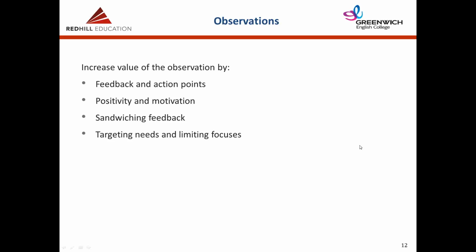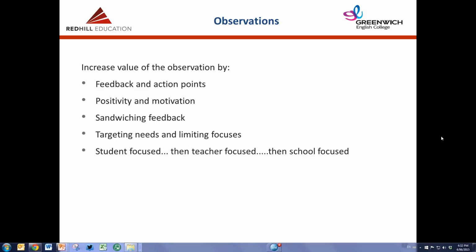Writing the feedback, I think, is one of the hardest things for a lot of observers. And there, my advice would be that there's really a 3-step thought process that you can take. The first step would be student-focused. Think of, instead of saying, you should have done this or you didn't do that, turn it and say what the students needed, what the students would have benefited from.